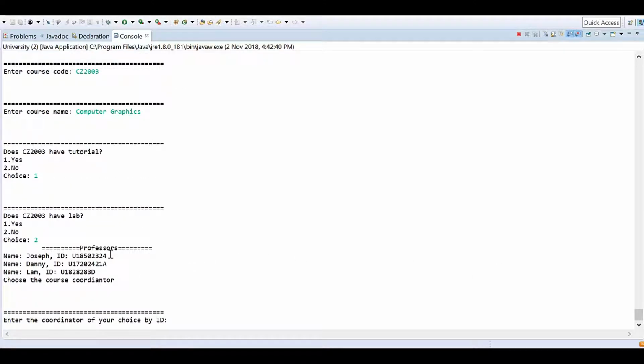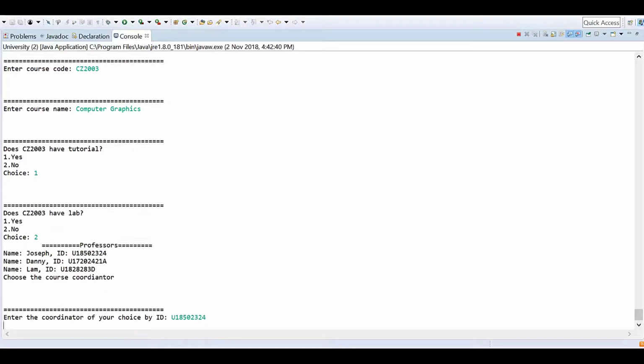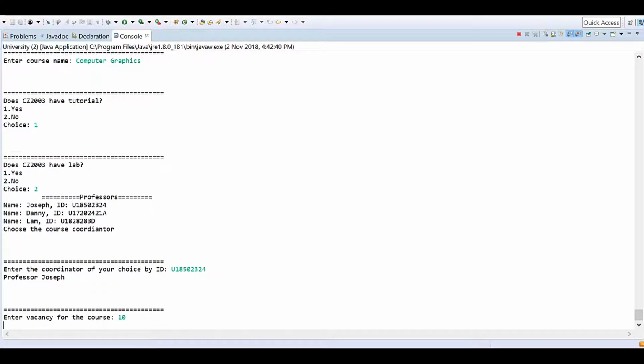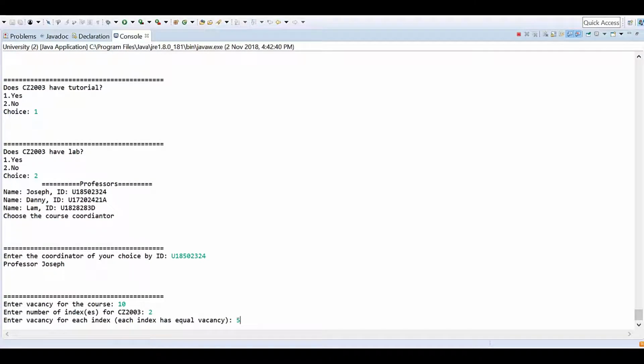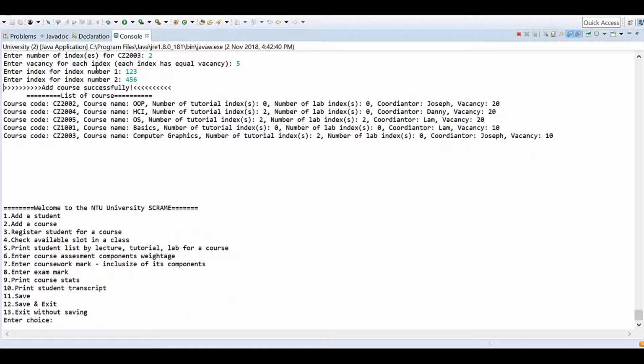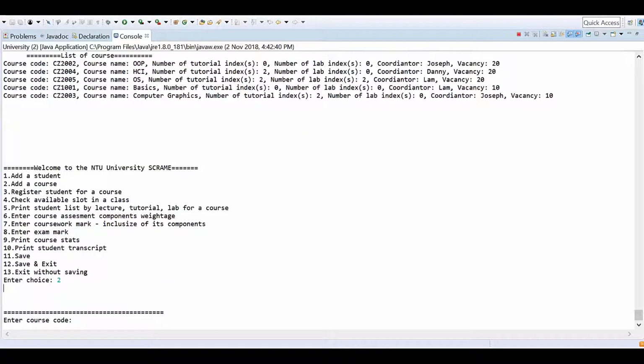I will choose one of our professors, Joseph, here as our course coordinator, and I'll enter the vacancy for the course as 10 with 2 indexes containing 5 each. I'll just put some placeholder numbers for indexes, and the course has been added successfully as is listed at the bottom of the list. Now I will attempt to add another course,